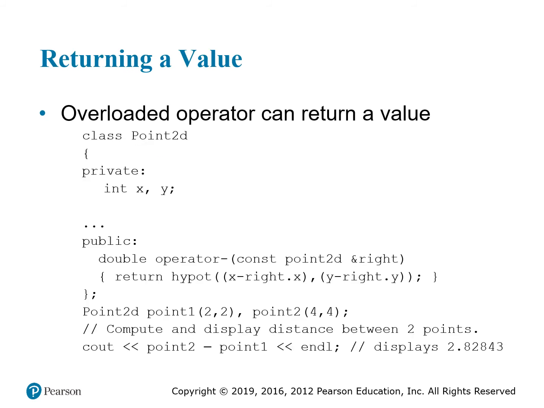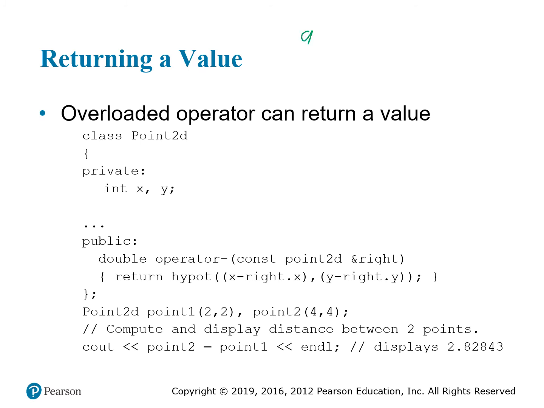Okay, your overloaded operator can return a value. So we've been talking about operators that just modify a value so far, but what about operators like plus and minus? Typically, you would write those in a sentence that looks like